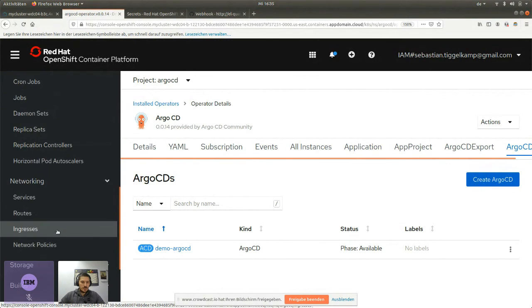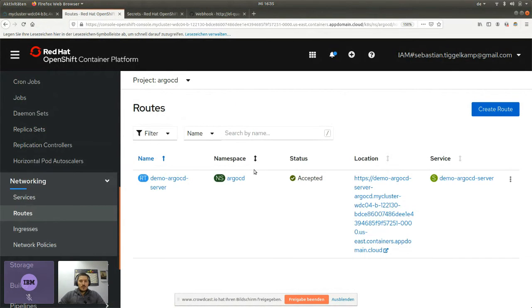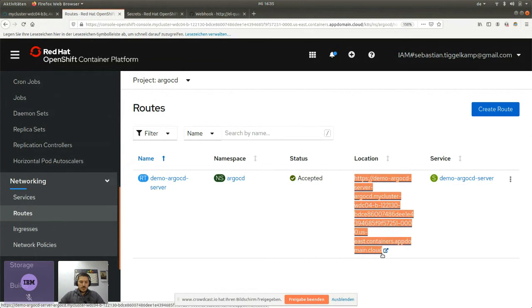Therefore, I will get the route. Basically, anything that I do now in the UI can be done with the ArgoCD CLI and the Kubernetes or OpenShift CLI. For the demo purpose, I'm doing it in the UI because it's usually easier to follow. But anything that we set up today can also be set up